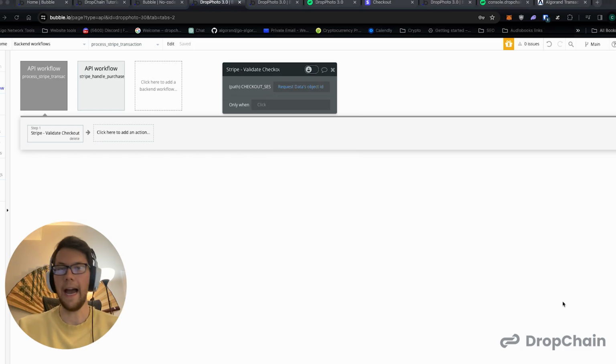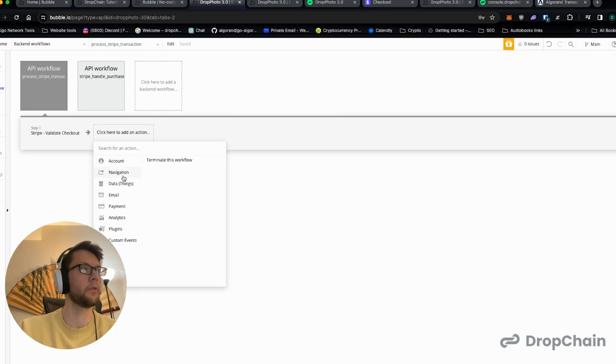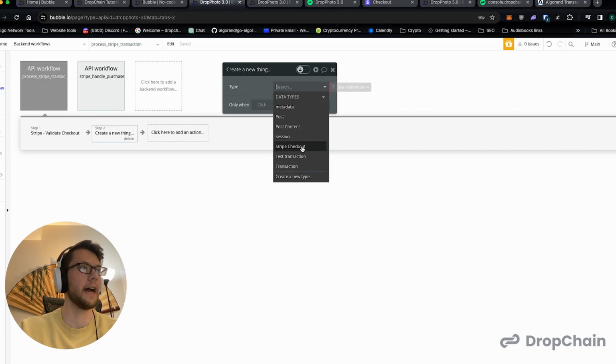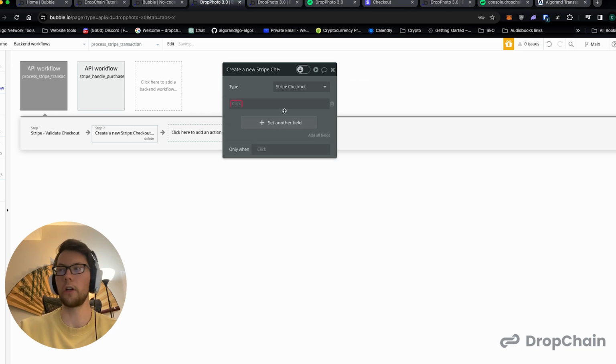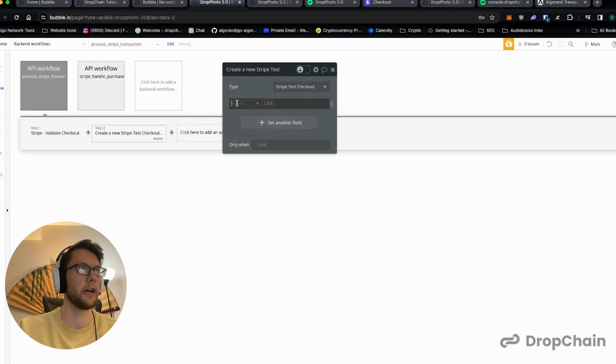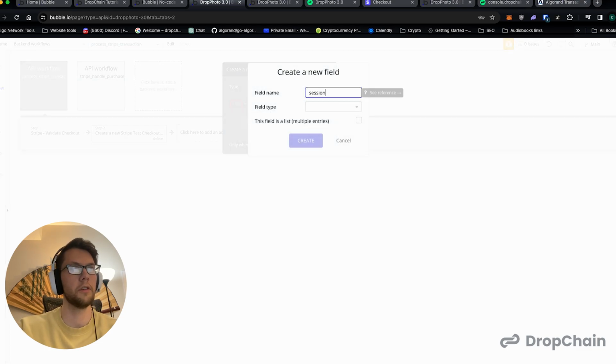Then, after that, we're going to create a new thing. And this new thing is going to be a Stripe checkout. We already have one here. Basically, we're going to create 3 fields. We're going to create a session ID, and that session ID, I'm gonna make a new one. I'm gonna make this just completely obvious. Stripe checkout, test checkout. You can just call it checkout for now, but we're gonna create a session ID field, which is